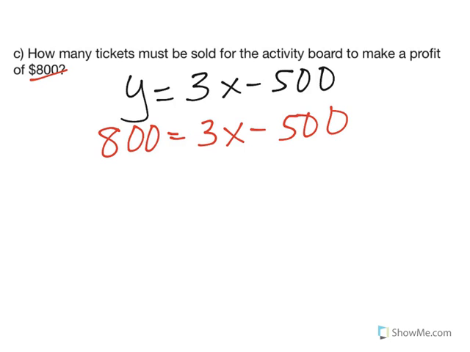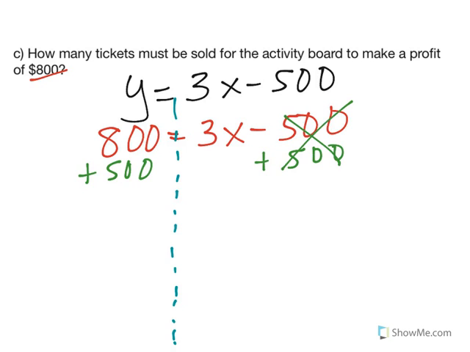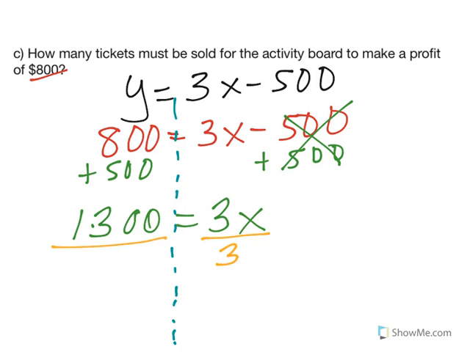And again, we're going to use that same concept of the equal sign. Do whatever you want, just do it to both sides. And then I can say, okay, I'm going to add 500. Basically we're doing the same steps we just did because those 500s would go away. And I'm left with 1300 equals 3x. Again, I want to get rid of the 3, so I divide both sides by 3. And I end up with x equals